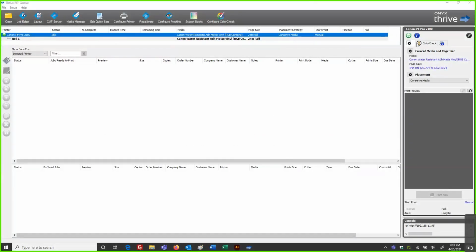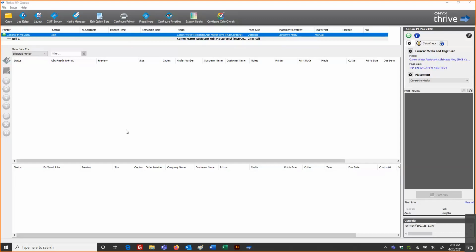We will start with our topic, which is going to be taking a look at contour cut workflow. So some of the basics that we want to accomplish here is going to first start out at the RIP with getting some things established and set up. Specifically for contour cut, we're going to need to have a quick set created that will identify the cutter model as well as the cut path name. And this name is going to be referenced from the design file.